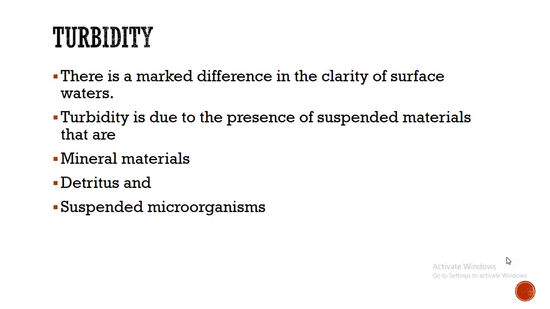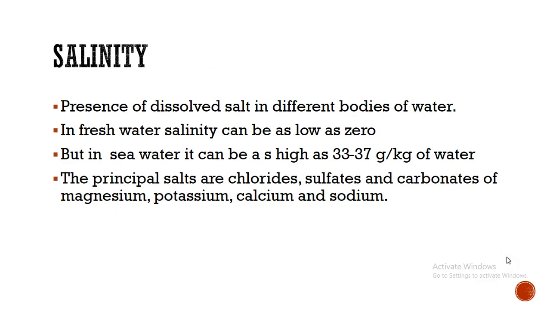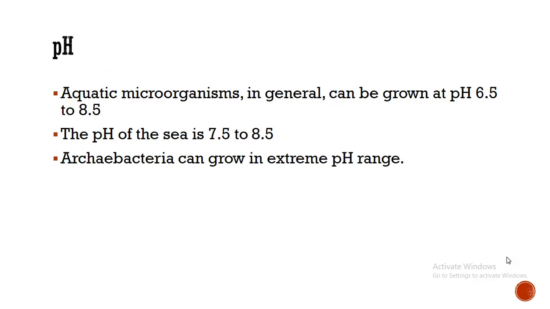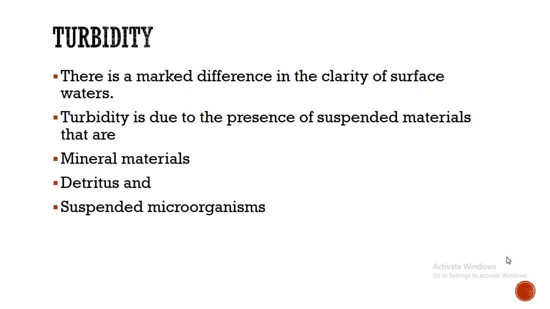Then we have turbidity. There is a marked variation in the clarity of water surfaces. The Adriatic Sea is thought to be sparkling clear at great depths, whereas some near-shore rivers are often turbid. The suspended particles or material responsible for the turbidity include particles of mineral material which originate from land in